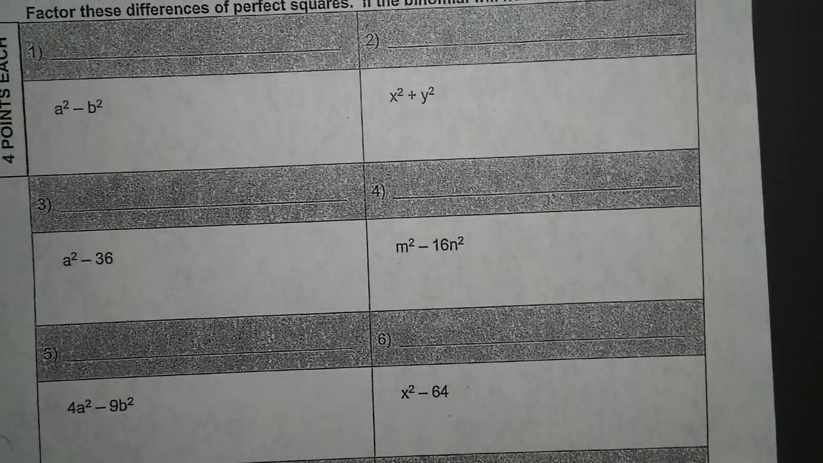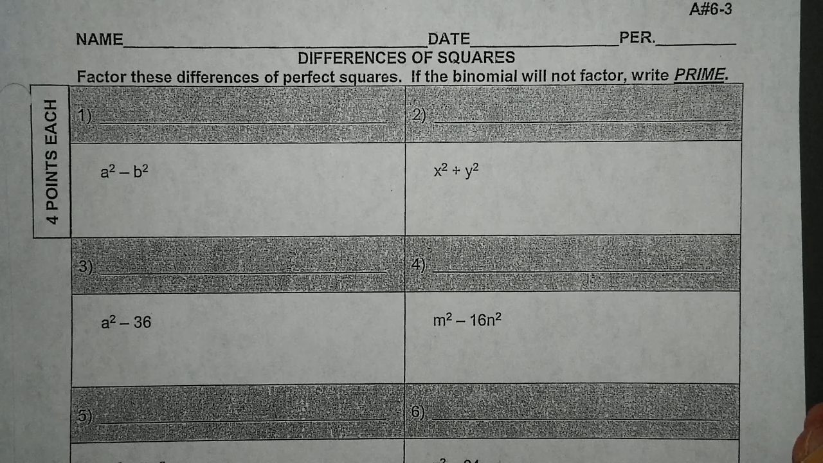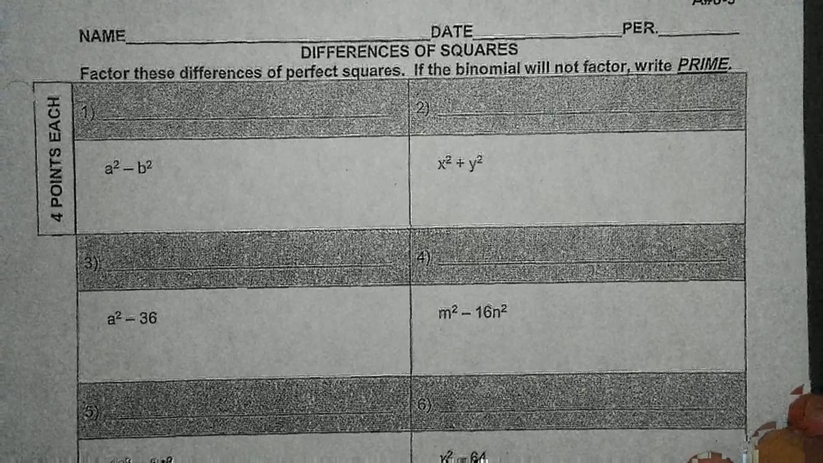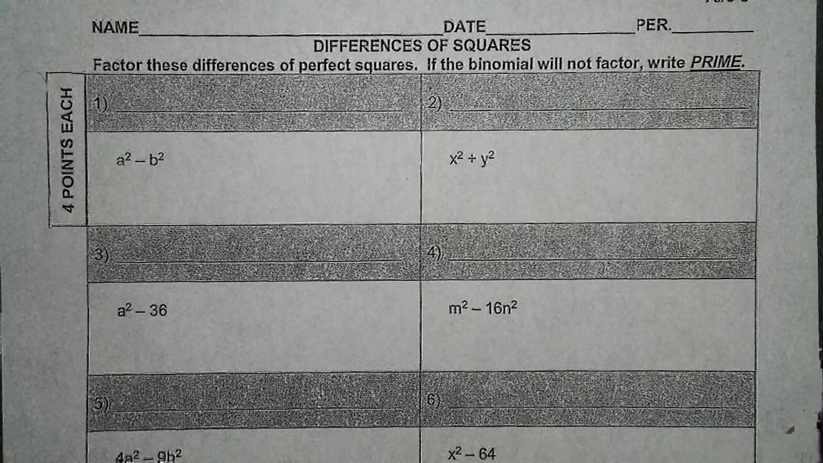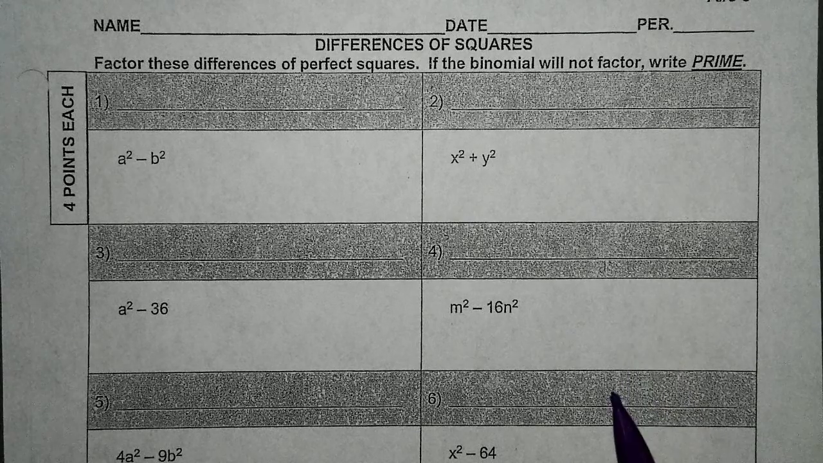So, this is the homework assignment. It says difference of squares, A-3. It says factor these perfect squares. If the binomial will not factor, write the word prime. So, go through. I don't mind if you solve them mentally or if you use the X method, but I